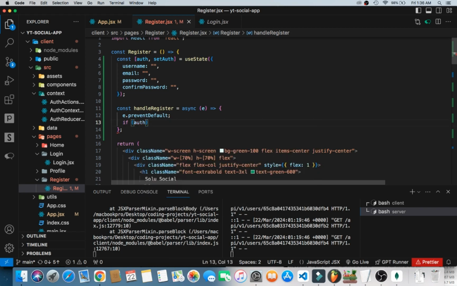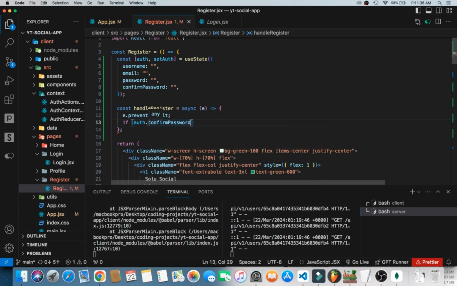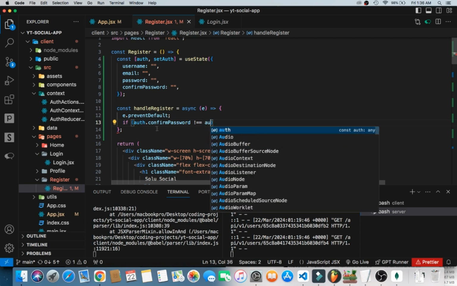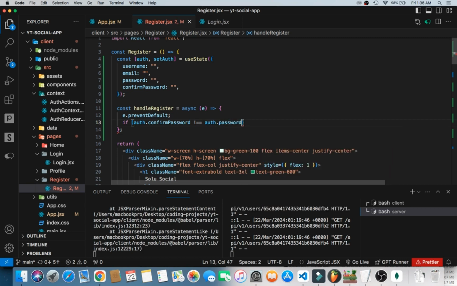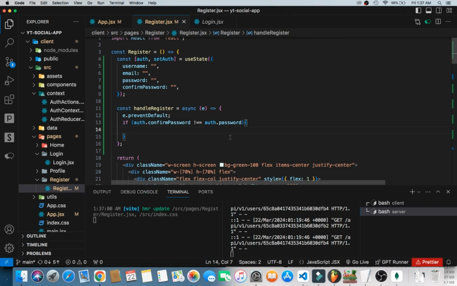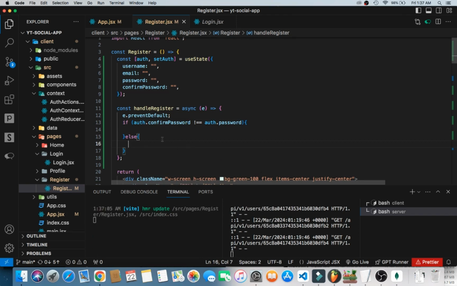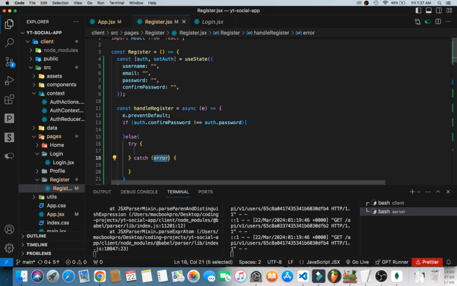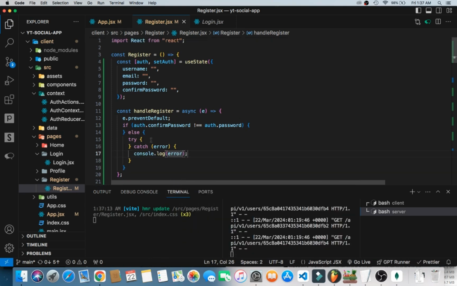So auth.confirmPassword is not equal to auth.password. If it's not equal to that, we want to do something, or else we can do a try catch, log the error,